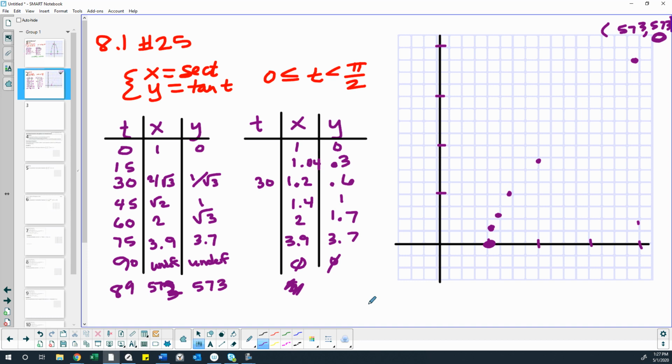Anyway, interesting problem. That was quite a bit different than the other one, so it was probably good for us to kind of look at. Sorry, my connectors are really bad. So I'm going to put an arrow there that means it goes for a long ways beyond that and gets closer and closer to that point, but never gets